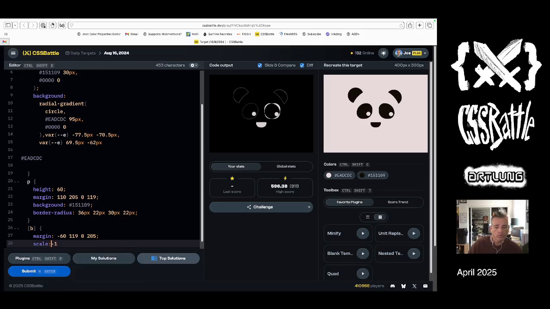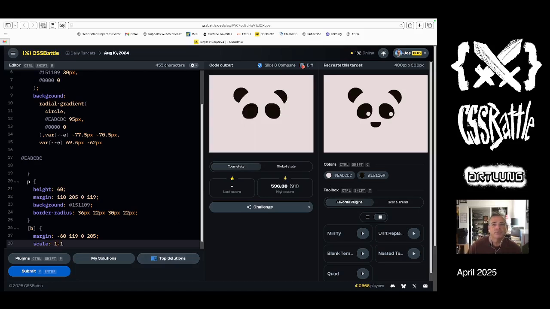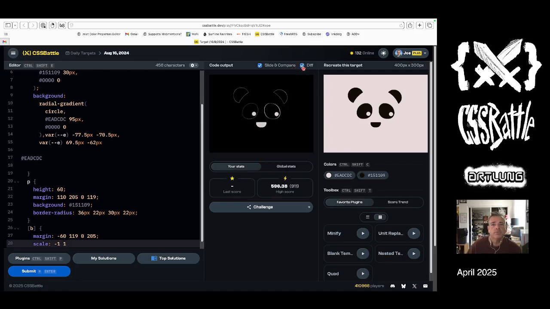Or scale 1 -1? No, of course not. He's a different shape. Or wait, no, the -1, 1. Is that the same shape? Maybe. Let's increase this number, 120,